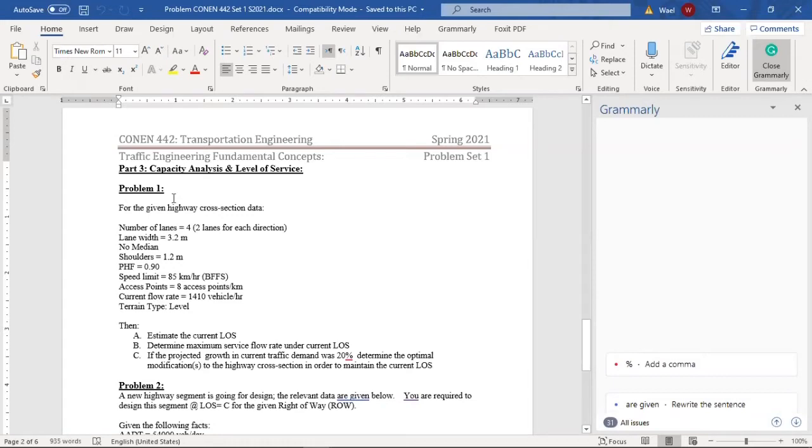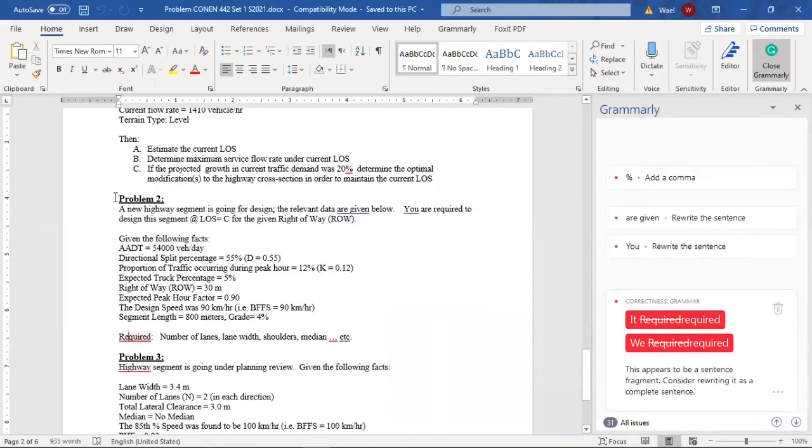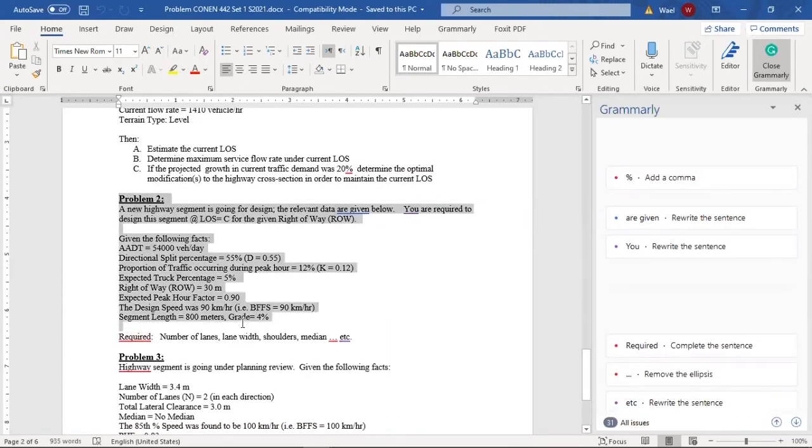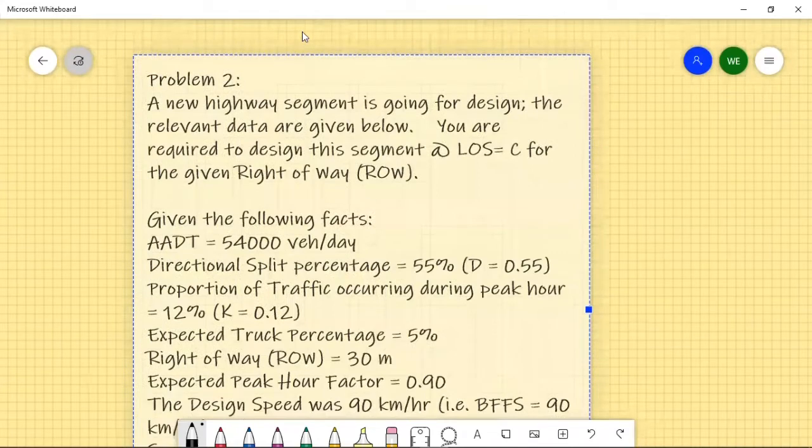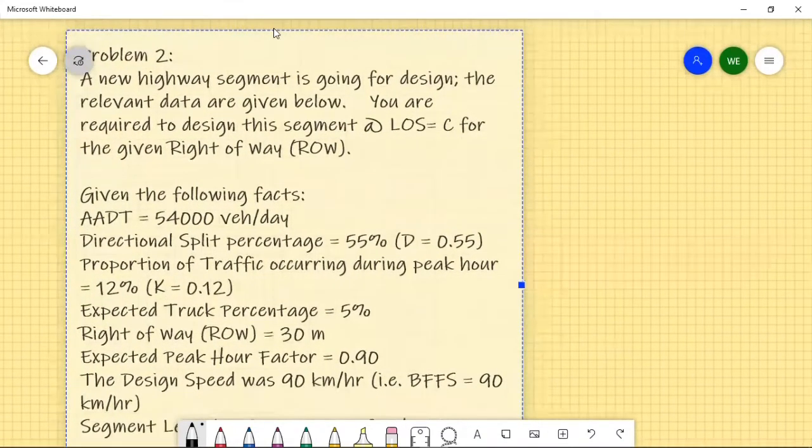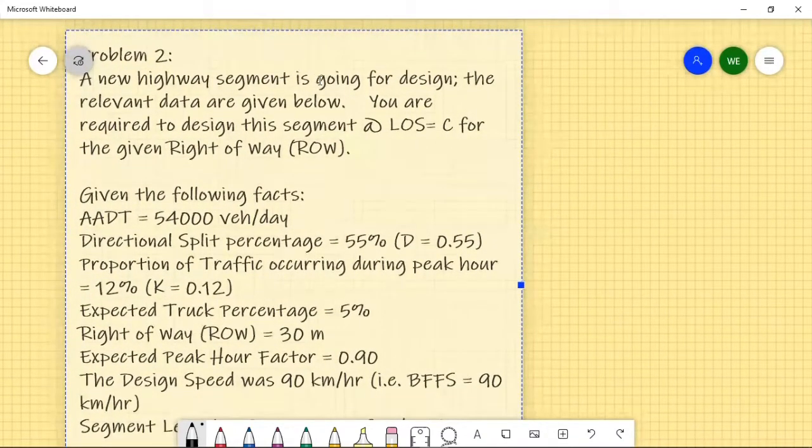We solved problem 1 last lecture. Today we are going to work on problems 2 and 3, and we might add a few more problems. So let's take this problem. This is the problem that we are going to solve today. A new highway segment is going for design. The relevant data are given below. You are required to design this segment at a target level of service C for the given